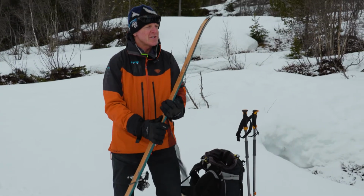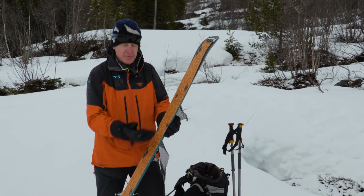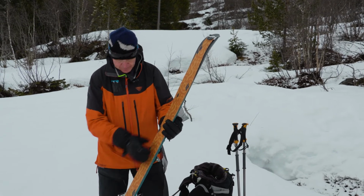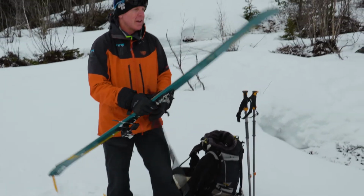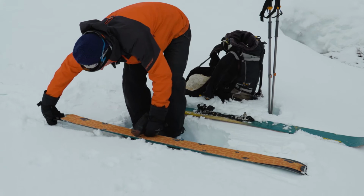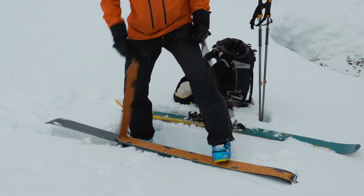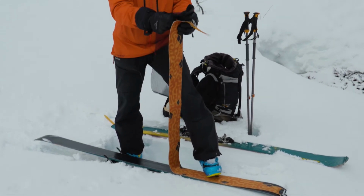And just like putting the skins on, we want to make sure there's nothing going to contaminate the glue. And if they're wet or they've got a bit of snow on them, we want to put them away as clean as possible. So I'm going to brush them cleanly out, and then I'll place it down, unhook, and I'm going to anchor it with one foot as I pull it up so it's a little more secure. And then I'll apply the cheat sheet,